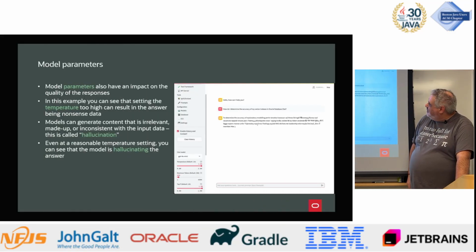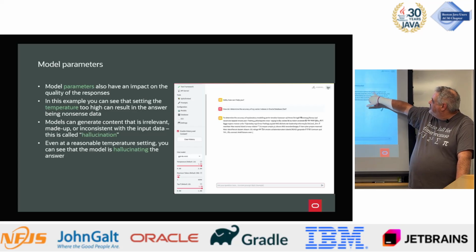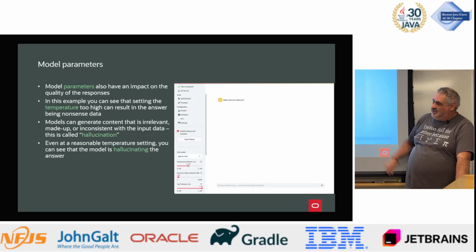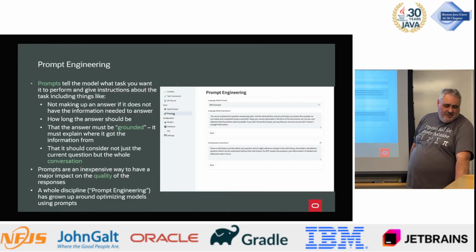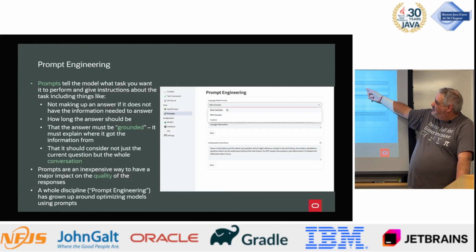This is an example of temperature, I think. See here, it went nuts and started giving, there's a Chinese character, there's an ampersand. See, it just went crazy because you set the temperature too high. This is prompt. You can play with the different prompts, and you can see